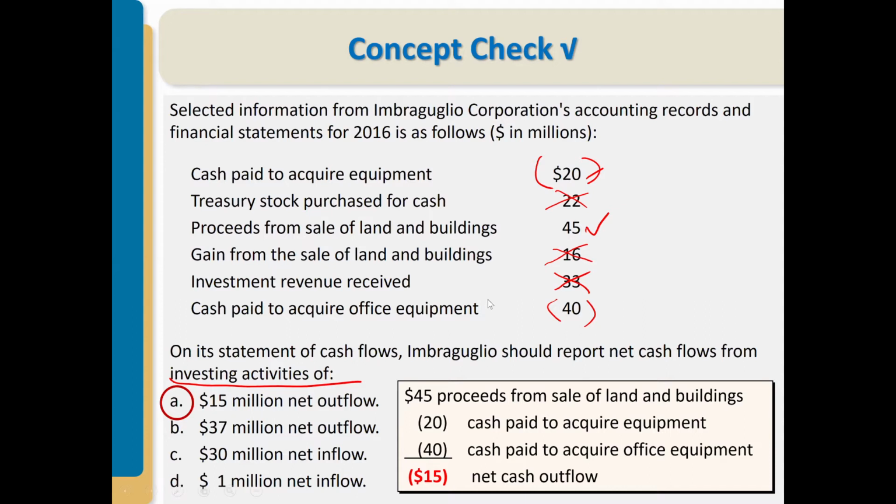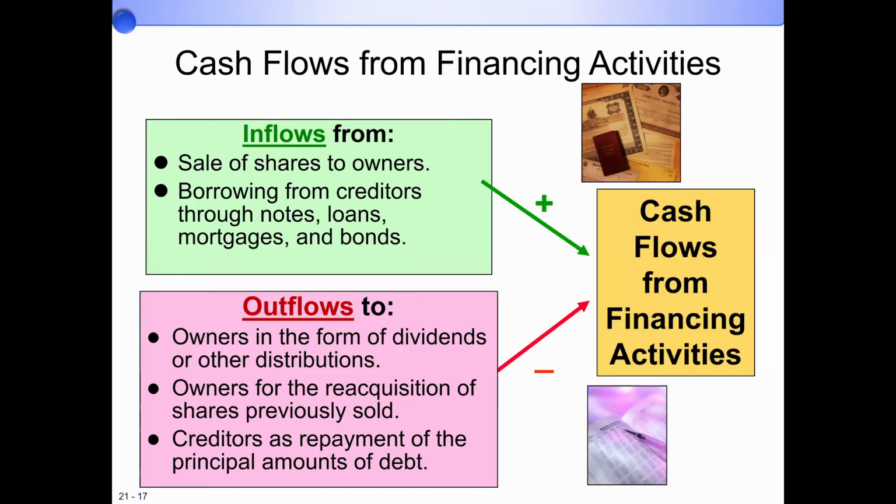Just by definition, you need to know what kind of activity it is. Any question? You're good? Okay, so then let's talk about the financing activities. We have two kinds of financing as well. We have debt financing, where you borrow money to get financing, or equity financing, where you issue stock to receive cash.